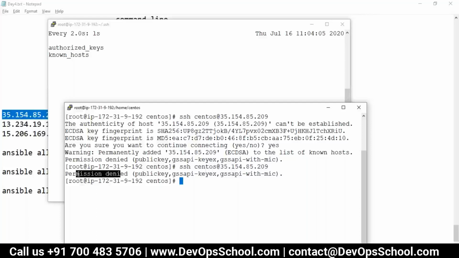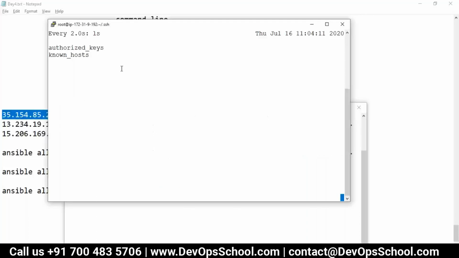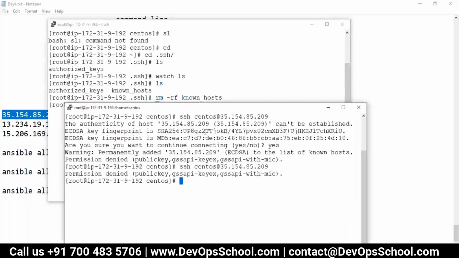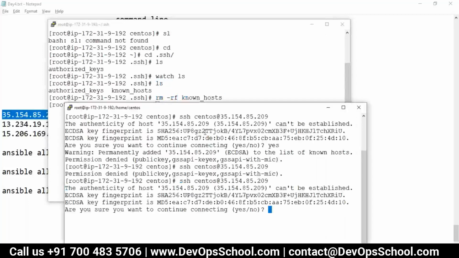Forget about this permission denied issue, I don't care about that, because I have not given the permission. But the known_hosts file, I'll delete it: rm known_hosts. If you try to connect again, see, it asks again.